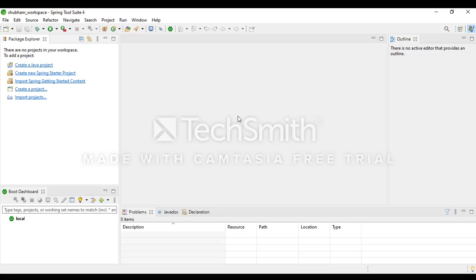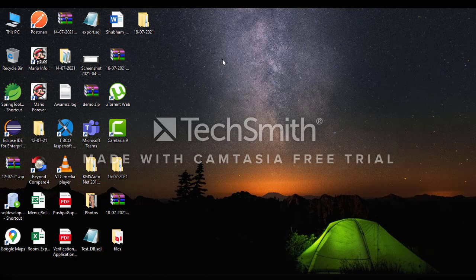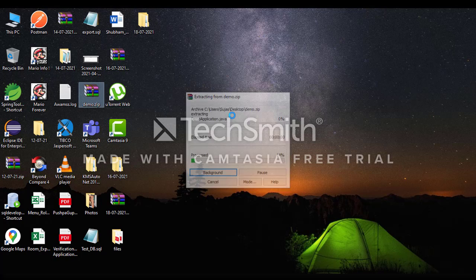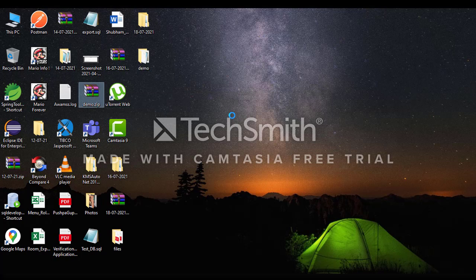So demo.zip is generated by Spring Initializer. Simply we extract it here. You can see the demo folder structure.